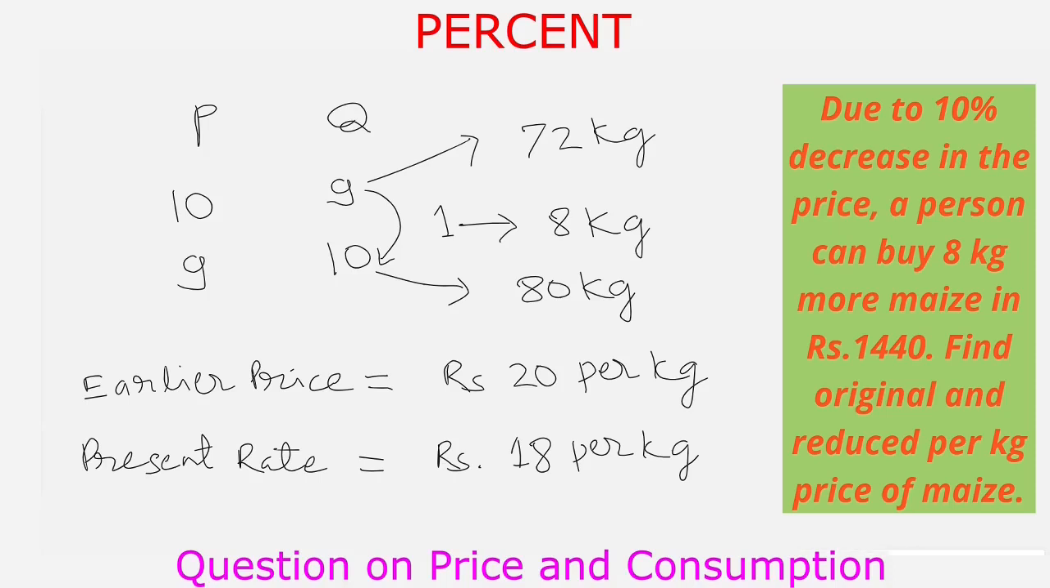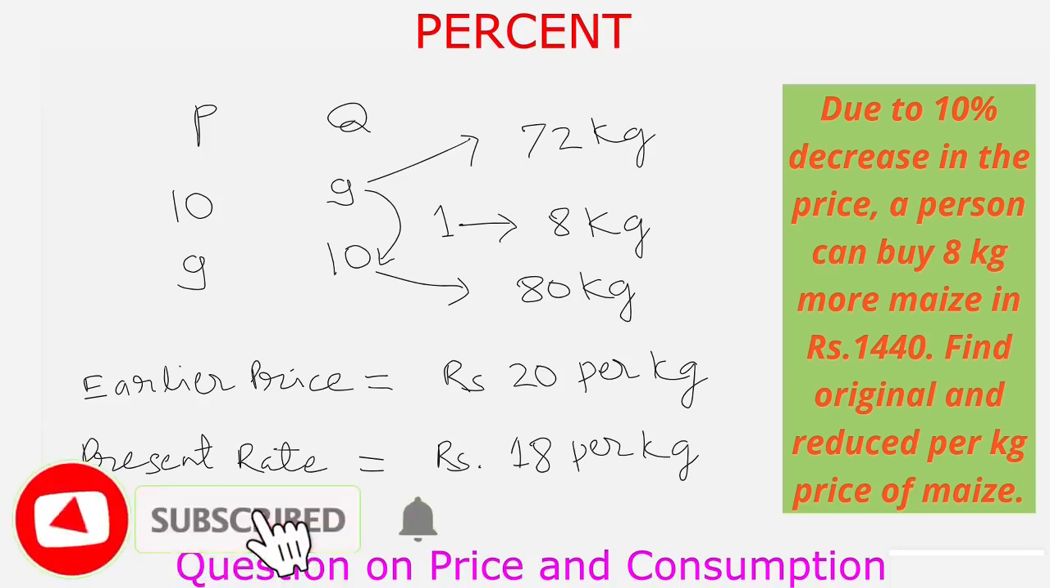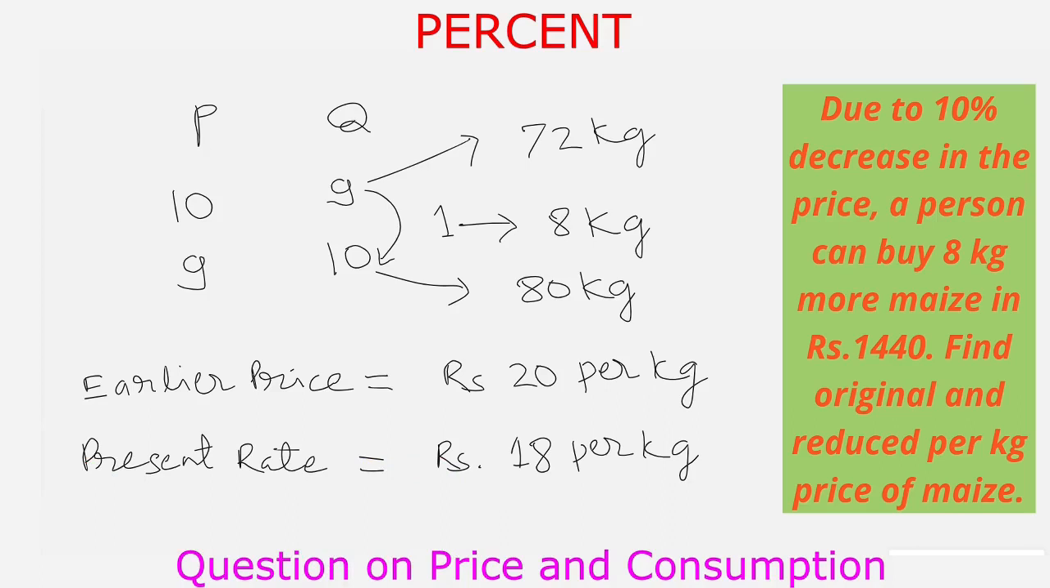The present price is rupees 18 per kg, which is 10% less of the earlier price. 10% of 20 is rupees 2, and 2 when subtracted from 20 gives us rupees 18. This way we can verify our answer as well. We have solved this question by 2 methods, and the second one is the shortcut method. If you can understand the method, then you will be able to solve the questions in any competitive exams quickly